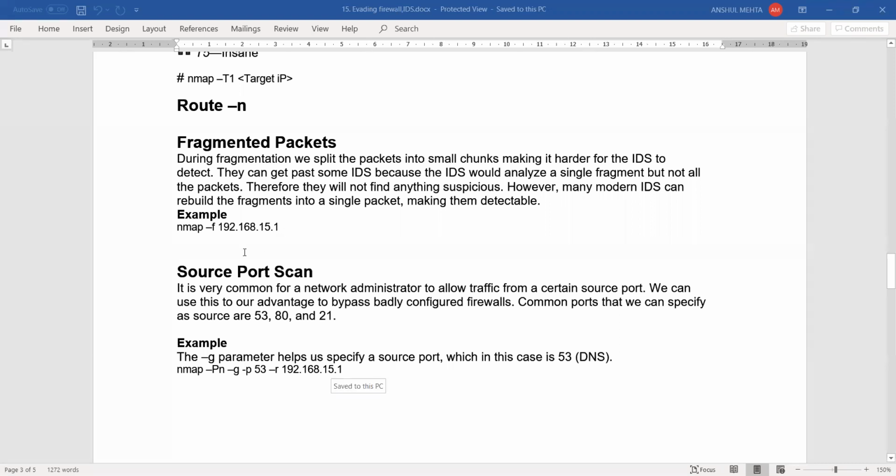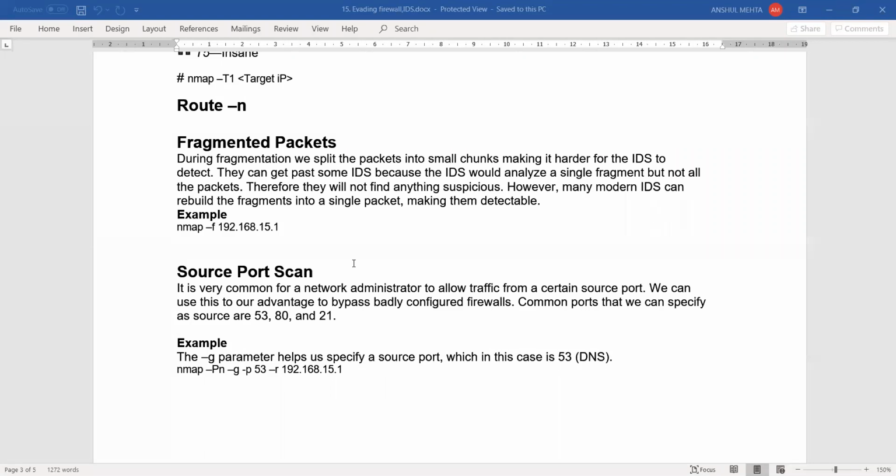Now, another technique is source port scanning. There are certain ports that you need to allow in order to let communication happen hassle free on your network. We've talked about what DNS is back in the first and second chapter.